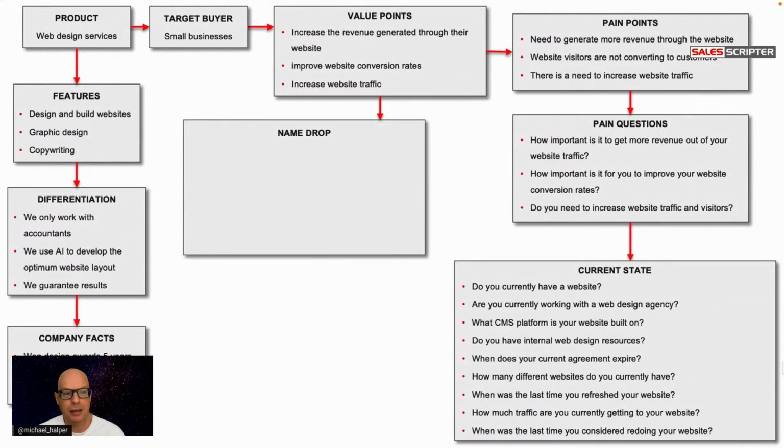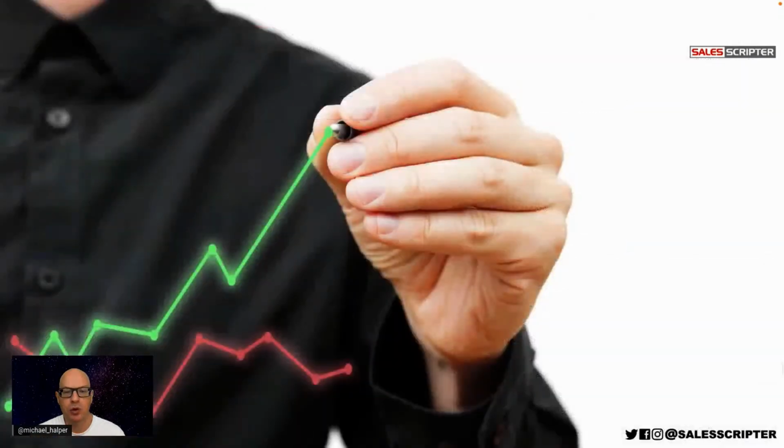The next and last step of creating a sales message is to create a name drop example. A name drop example is basically, in your sales message, creating an example of another customer that you can share with your prospects. And this is really powerful for a couple reasons. First of all, it can help you to more clearly communicate what your product or service does. So instead of just talking about the features and functionality and even the improvements,